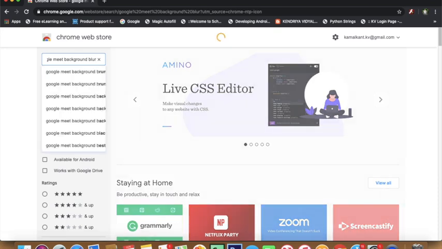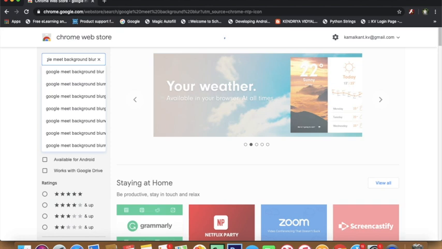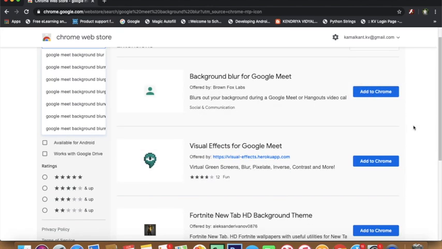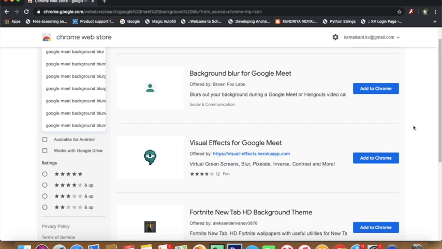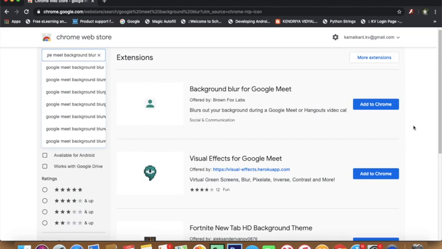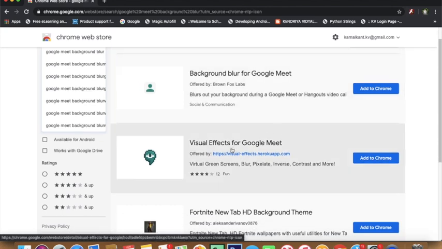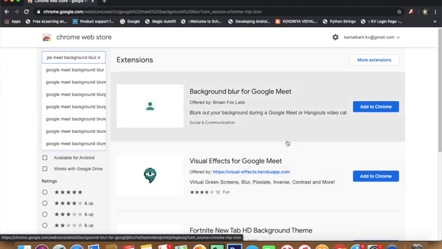As soon as you write that search keyword, it will show you two of the extensions which are very important for blurring the Google Meet background. The first one is Background Blur for Google Meet, and the second one is Visual Effects for Google Meet. Let me explain these two first, and then we will add them.